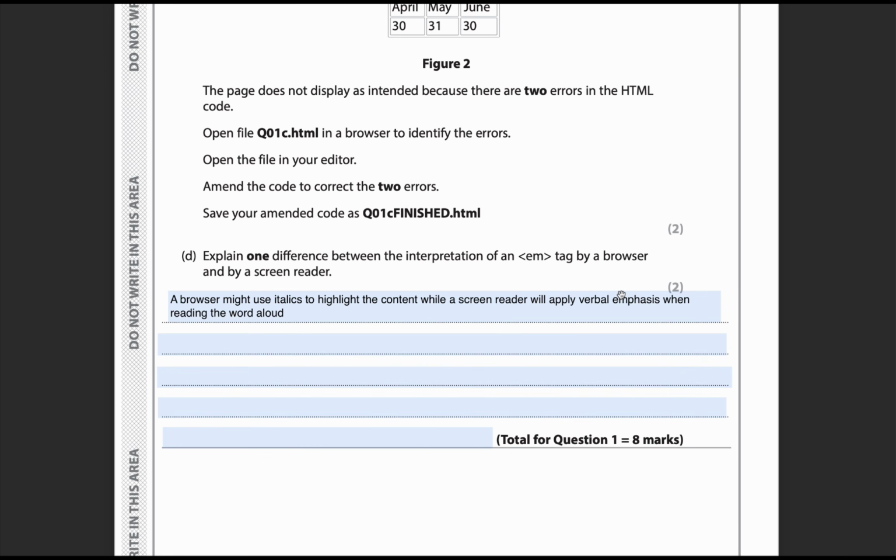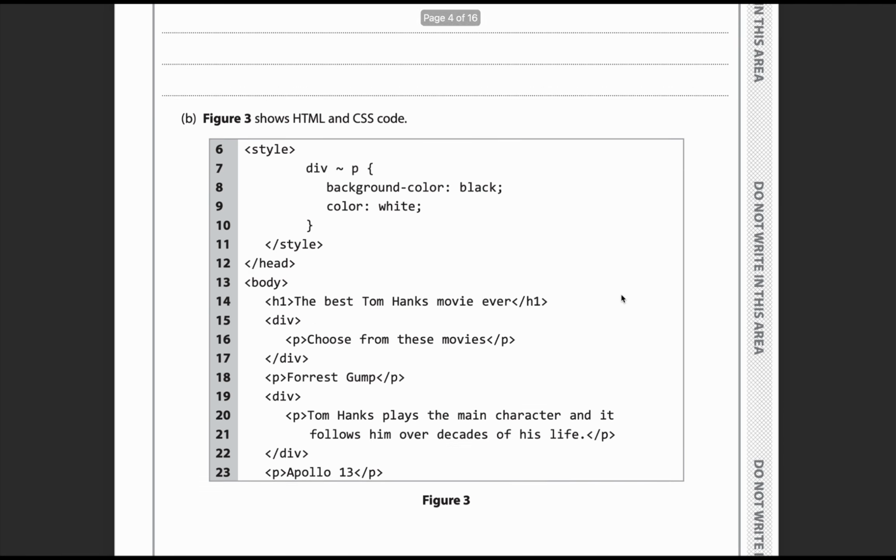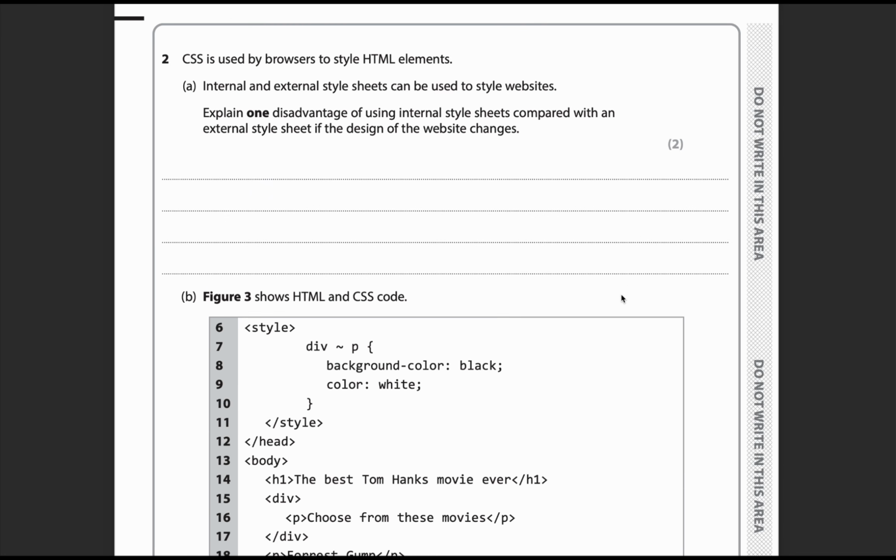Okay, now we may move to the next question. This is question number 2. CSS is used by a browser to style HTML elements. Internal and external style sheets can be used to style a website. Explain one disadvantage of using internal style sheets compared with an external style sheet if the design of the website